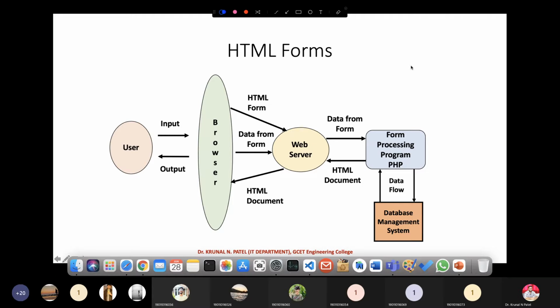In our previous session, we talked about lists, and the types of list.